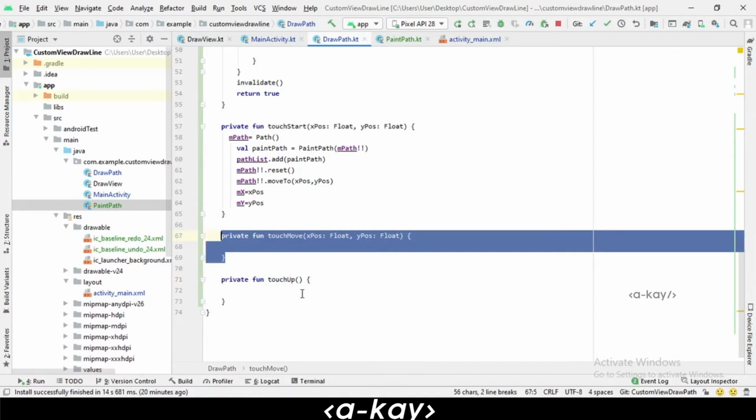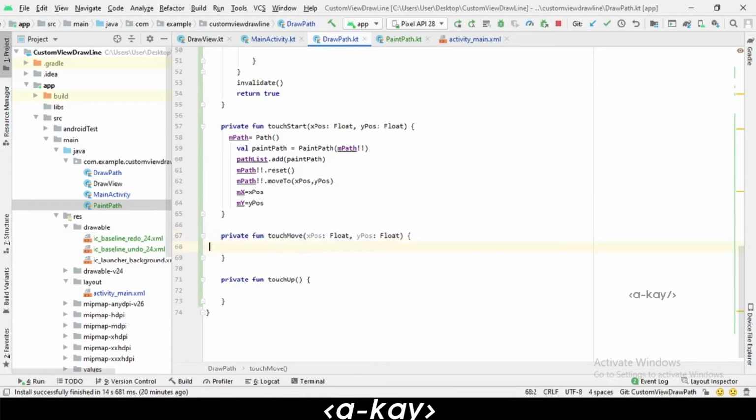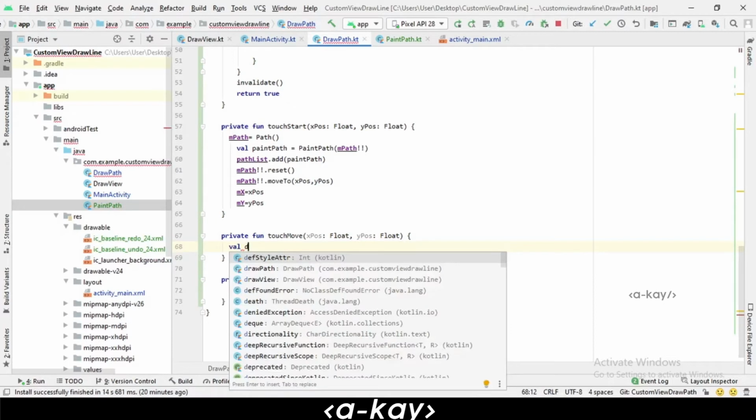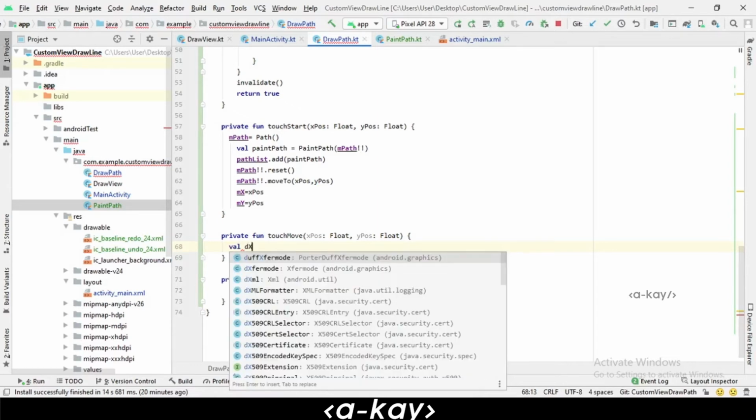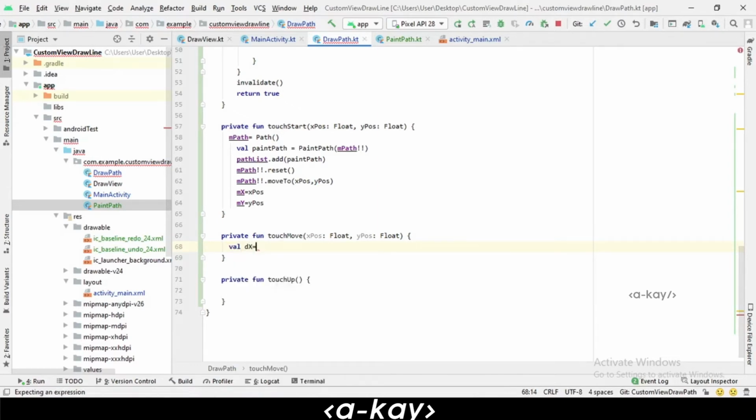Here we are going to make a quad. So here we are going to define two variables. Val dx, we are going to make the absolute of this x position minus that mx. So we are making dx of type float equal to abs.